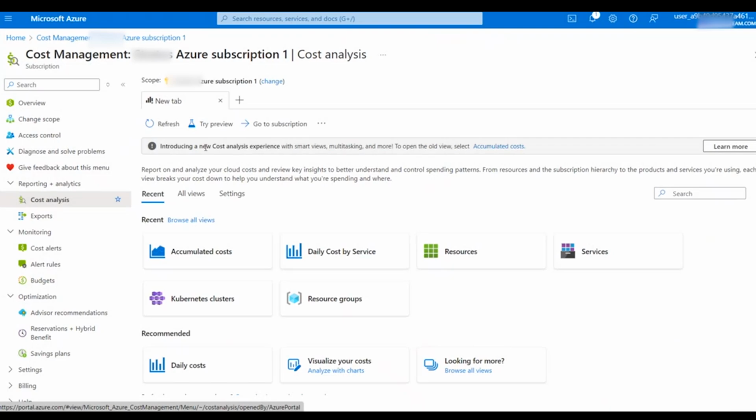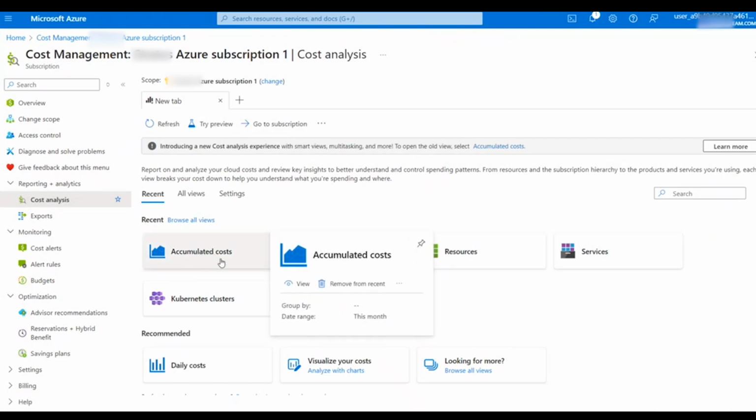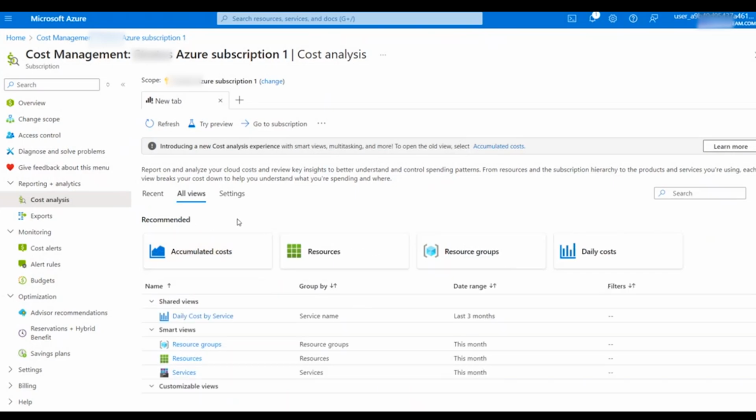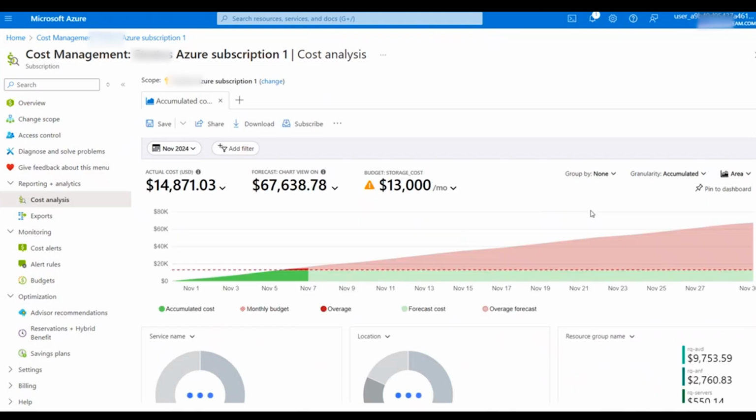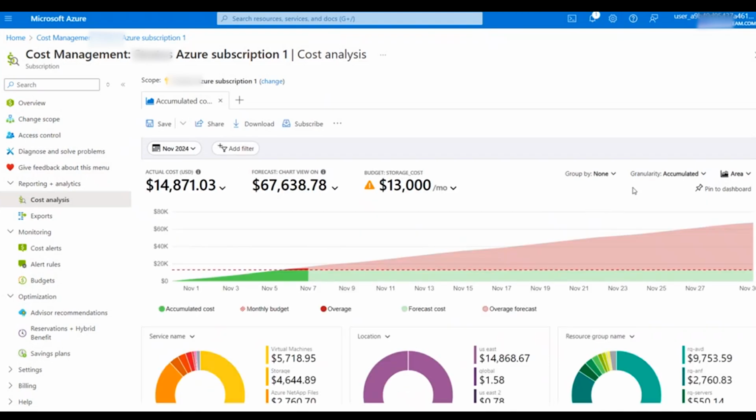Right? And this is relatively new. They've just changed this view. It used to just default to coming into accumulated costs, and that's where we'll start. But you can also look at other views. You can create your own views. So for instance, you might have a view that's shared internally so that you don't have to slice and dice and create the filters every time, right? I'm going to go into accumulated cost and just take a look at a number of ways you